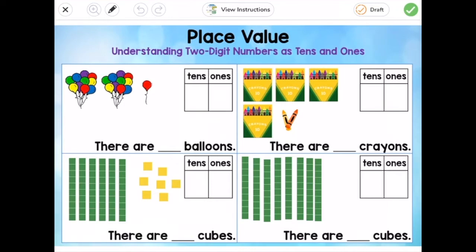So here are balloons in groups of 10. So I can just count the balloons as 10, 20, 21. There are 21 balloons. Now, I know that there are two groups of 10, so the 2 goes in the tens place, and then there's only one single balloon, so that goes in the ones place. I'm going to keep going through that on the front, and then when I'm ready, I'm going to go to